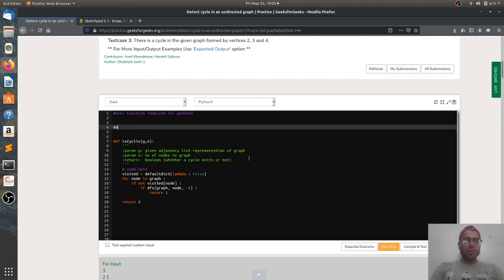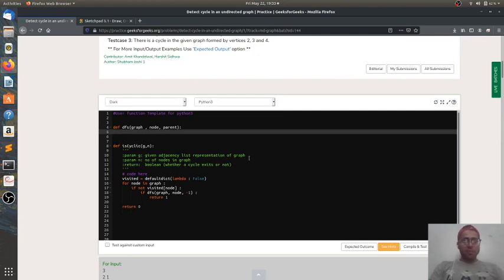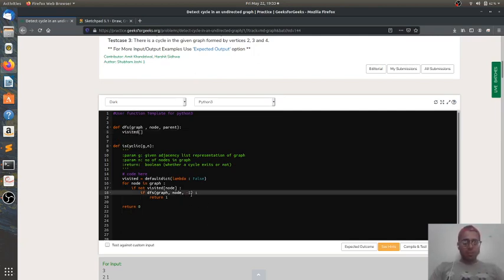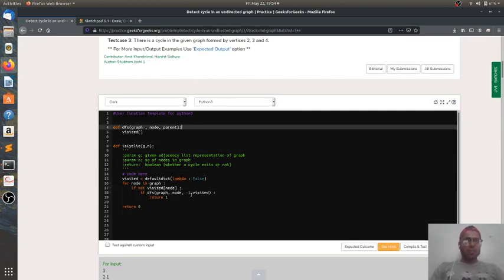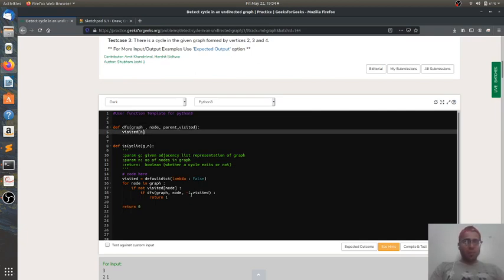So now let's code our DFS function. In DFS, we'll give it the graph, and we'll give its node, we'll give the parent. We also need to pass the visited dictionary, just to keep track of whether they have been visited or not. So visited of node equals true.